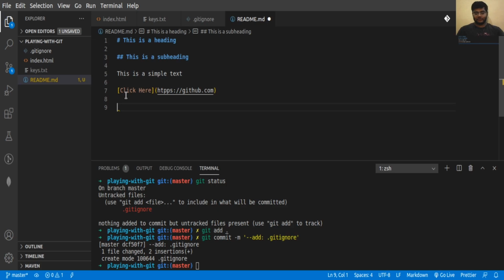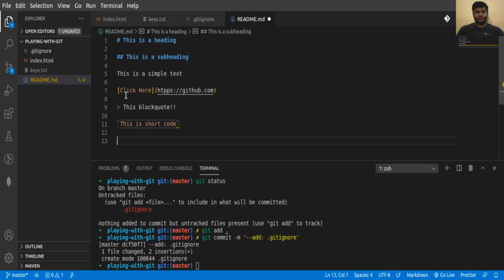Yes, so next we have block quote. You can simply write this greater than symbol and type any text. This is a block text. If you want to write code in your readme file, and you want a one-line code, you can simply type a backtick. This is a short code, or whatever code you are writing. You can use this for one-line code.